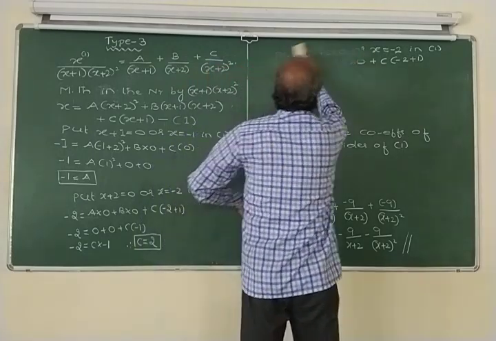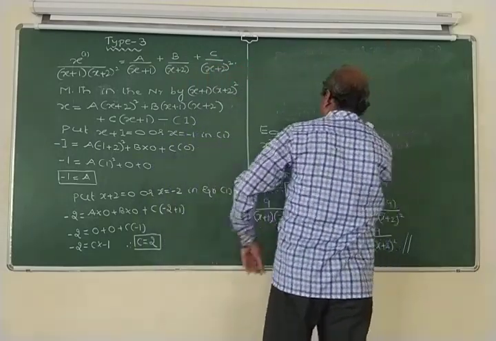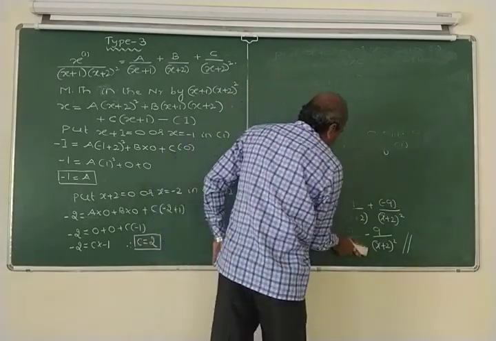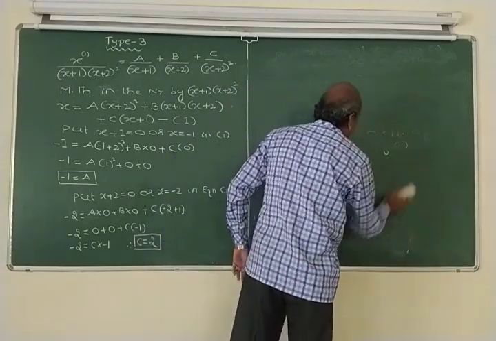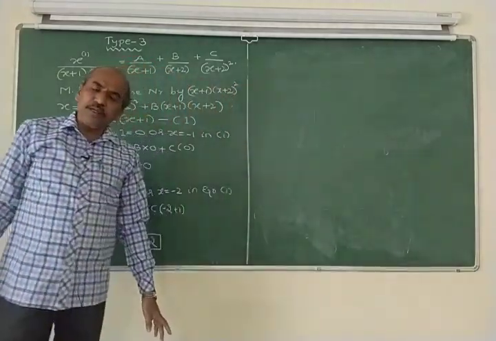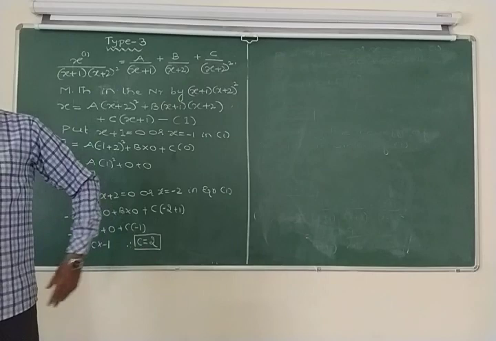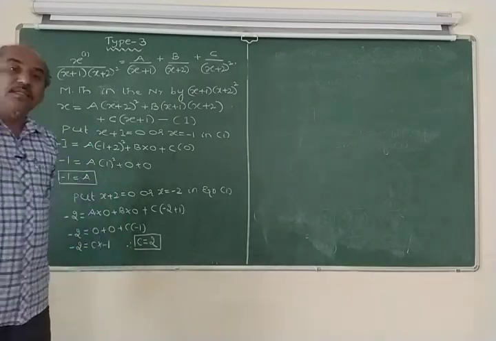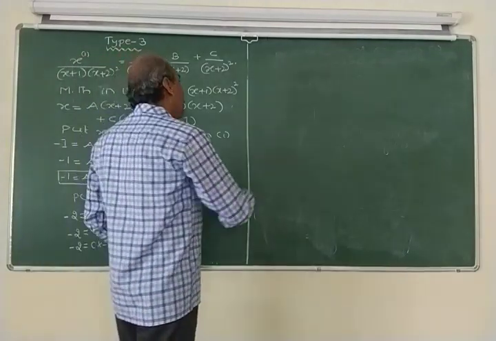Next step, you go through this. Here again, both the linear factors are over. I cannot take x plus 2 the whole square equal to 0. If I take x plus 2 the whole square equal to 0, again you will get x is equal to minus 2. Again you will get the value of C only. Did you understand? So therefore you must equate it.